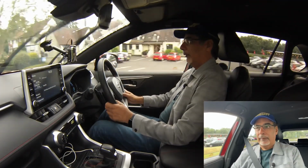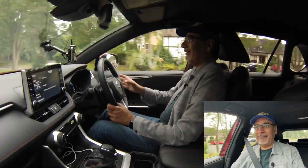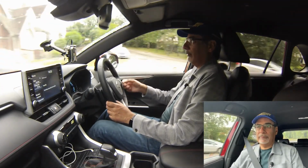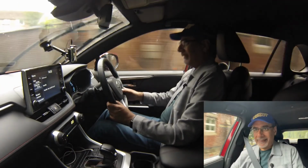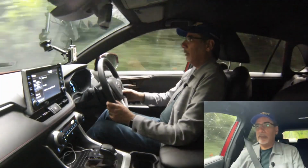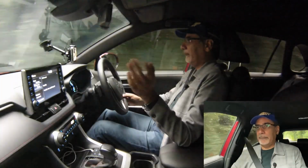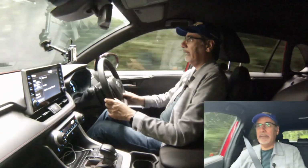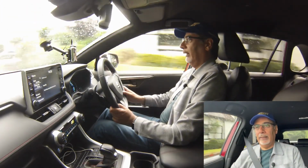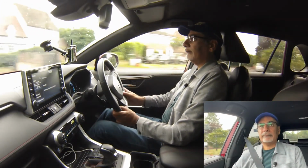Compact even. But over here, this feels like a biggish car. But having said that, it doesn't make it a problematic thing to drive, not at all. It's actually quite reasonable, quite easy to place, very sophisticated. Visibility all around is not a problem. Big old wing mirrors, massive wing mirrors, so they really help. And you can easily thread it through this very narrow village that I'm in at the moment, not proving to